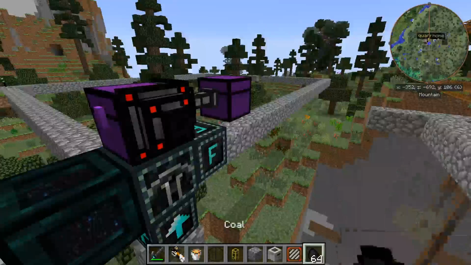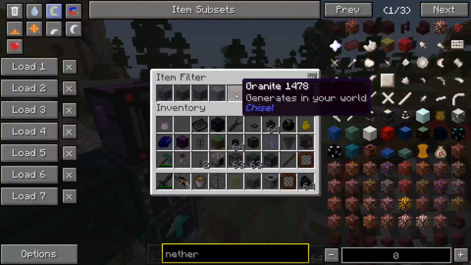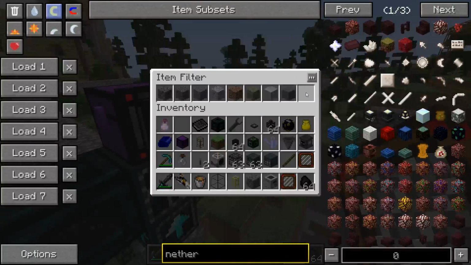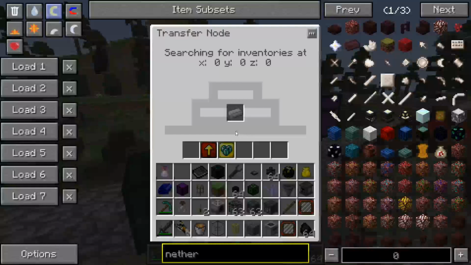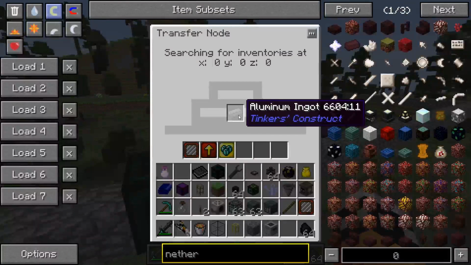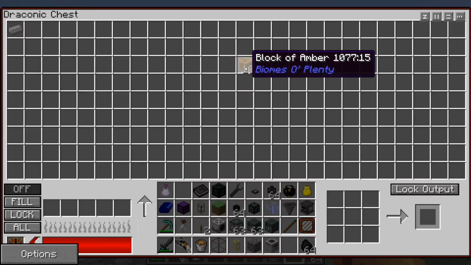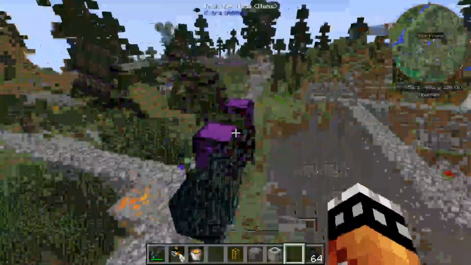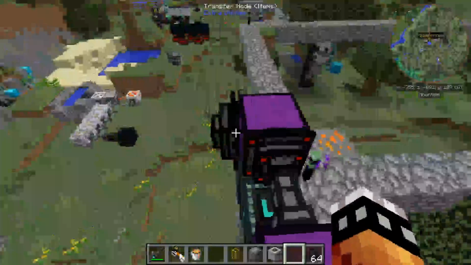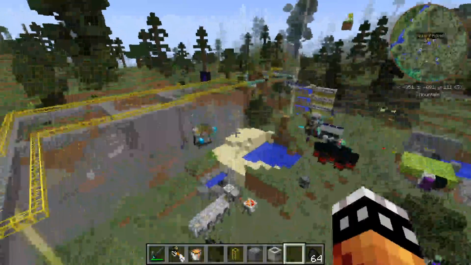On the end quarry, I had a filter here that filtered out cobblestone, gravel, andesite, diorite, granite, limestone, marble, stone, those type of things, and would pull it through that. Man, I lost so much stuff on that. Oh well. This is only a test world anyways. I'm just checking to see how things work. But yeah, so